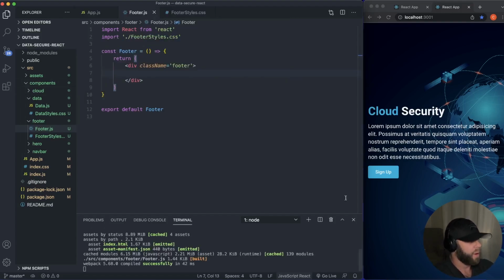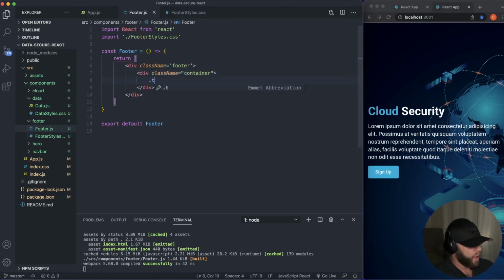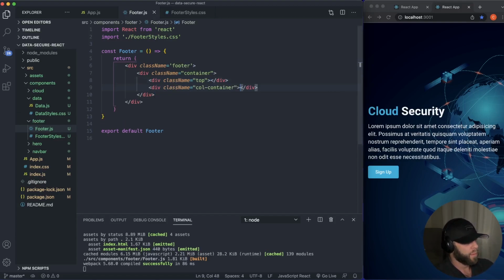I hate when my snippets don't work here. There we go. Then we have the top div here, and then we're also going to have our column container. There we go. Column. There we go. And for our top,